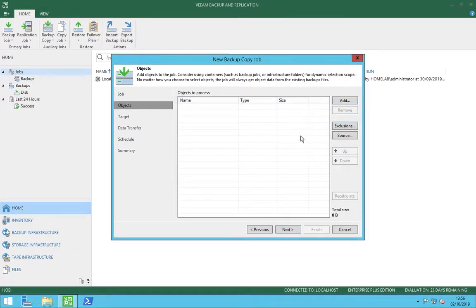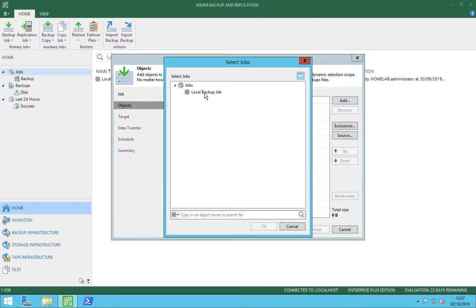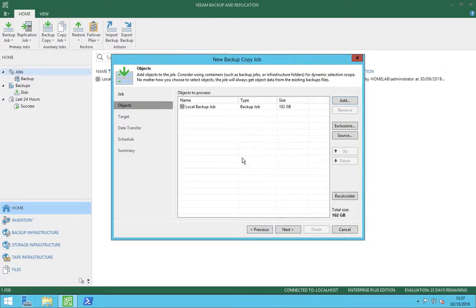The way I prefer to do it generally is from jobs, and the reason for that is that this now links the secondary backup copy job as a secondary destination to the local backup job, so they're now effectively daisy chained together, and that means any changes I make to the local backup job, adding or removing VMs, will reflect straight through to the backup copy job for me, and I won't have to go back in here and change anything. If, however, I had chosen the infrastructure or backups option to select VMs, if we go to source, you